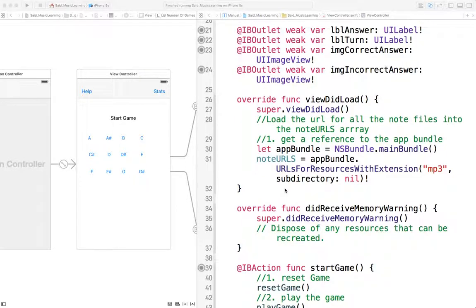Hello and welcome to the optional part of module number 4, Enhancements to the User Interface. At the end of